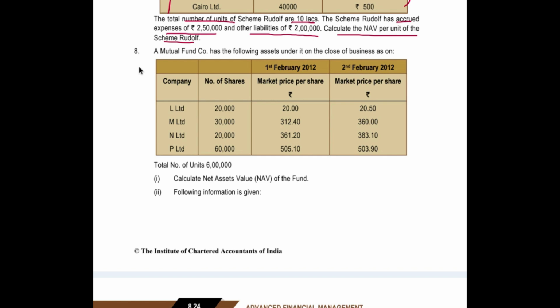Question 8. A mutual fund company has the following assets under it on the close of business as on 1st Feb 2012 and 2nd Feb 2012. Here is the list of companies, and this is the list of number of shares held by the mutual fund in each company, and this is the market price per share of each company on 1st Feb 2012, and this is the market price per share of each company on 2nd Feb 2012. The total number of units